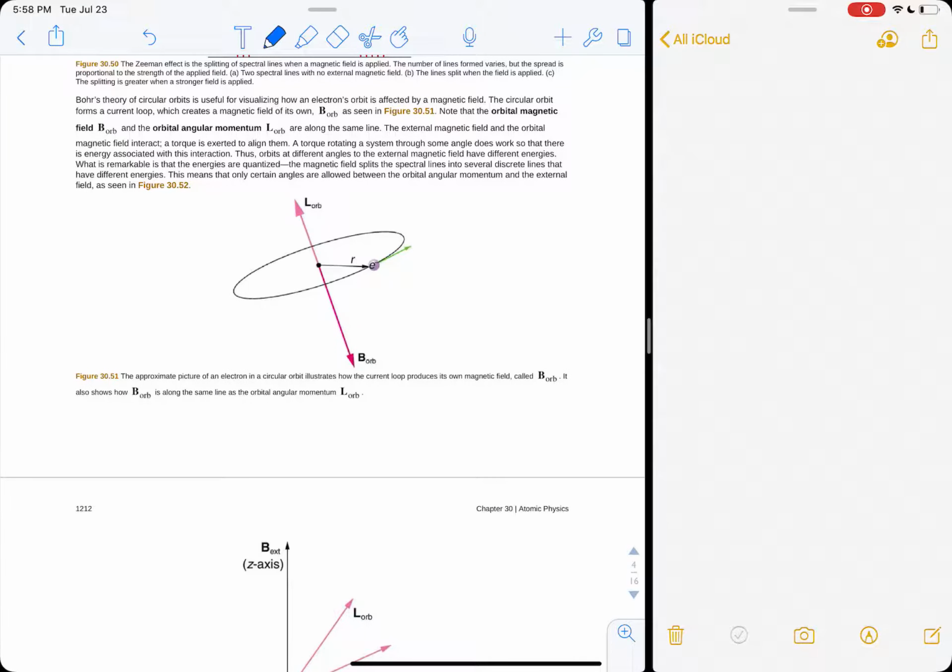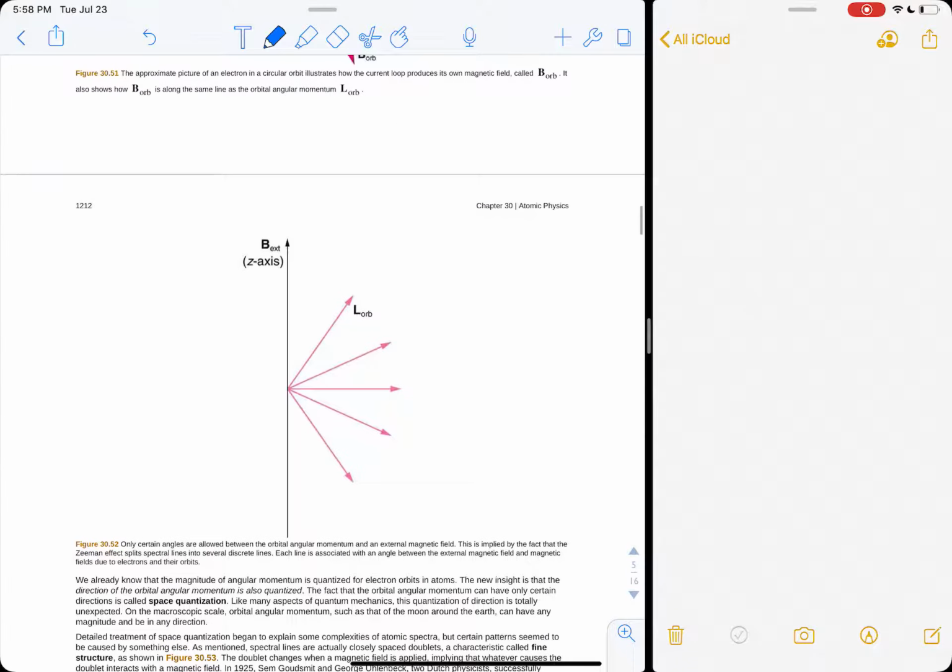So you have to think about the electron as having momentum as it goes around the orbit, and this external field, if it's aligned this way, if the angular momentum of the electron is off at any of these other angles, then what you really care about is the component of the angular momentum along the field. So this here is the component of the orbital momentum. Here it is again, but it's shorter now, and here there's no component, so it feels no force. This component is a negative component, and so on.